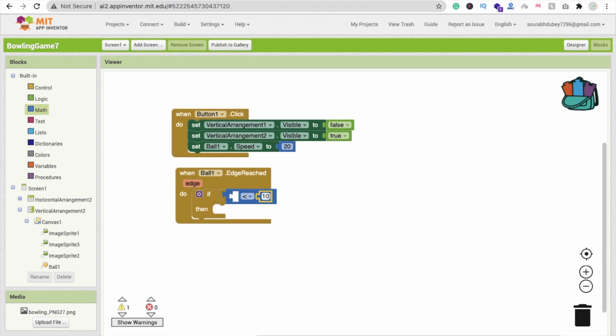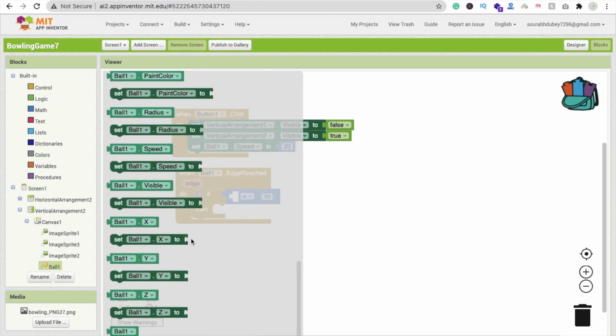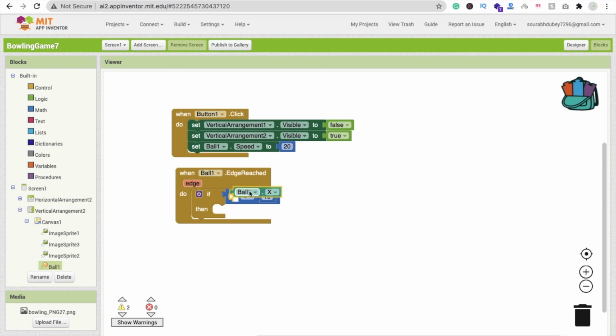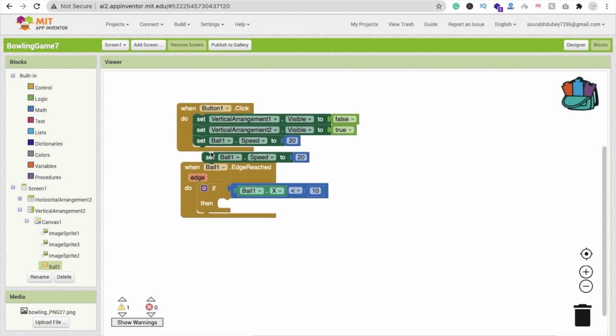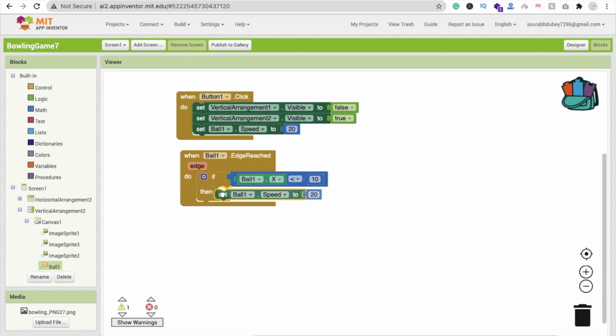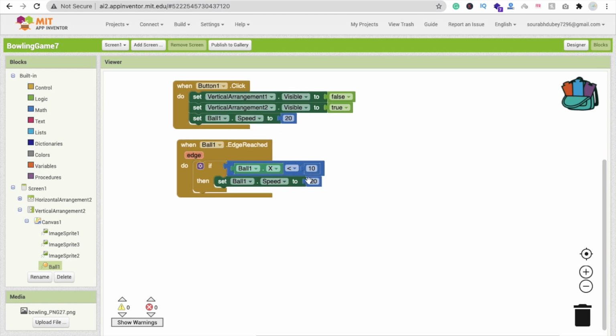I'm going to make the value 10. Click on ball, and you will find ball 1 dot x. If the ball 1 dot x value is less than 10, then we will set the speed to 20, in the positive.